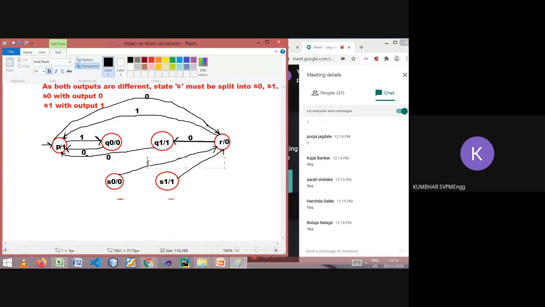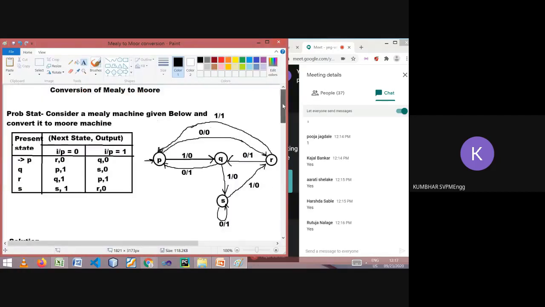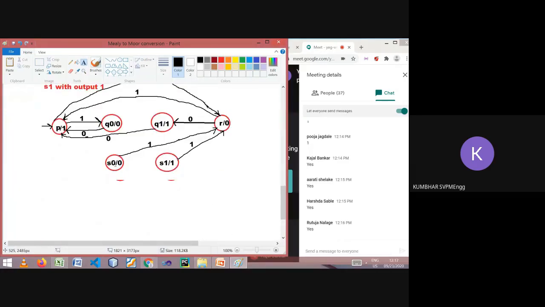So I have to show one input here and one input here. Which state have we shown, which transition have we shown? From S on 1, it goes to state R and gives the output 0. This is a single state; we have to now show it from both the states, S0 and S1. Both are going to that state which gives output 0 with input 1. I hope there is no confusion. Is it clear? Yes, sir.